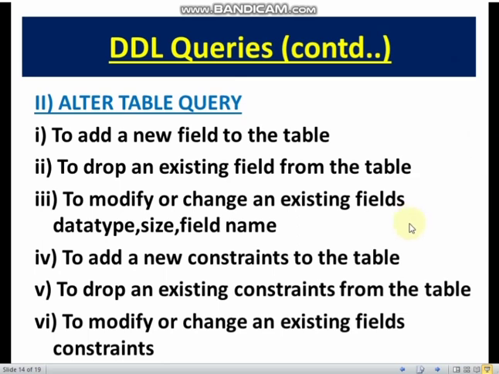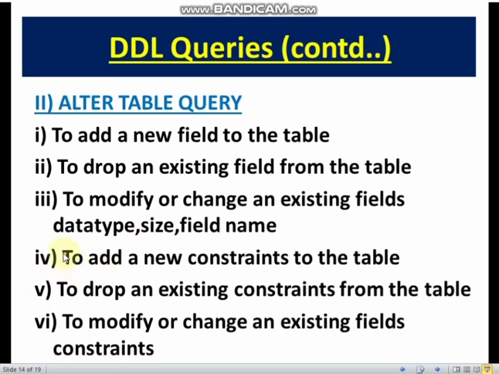Now suppose that table which you have created, if you want to change the size of a particular column. Suppose you have given S name for the table student as char 20. Now I don't want that. I want to make it varchar 30. Let us take varchar 30. So how you will do that? You will have to modify that existing field. You have to change the data type, you have to change the size, and you can change the constraints also using modify. So with the alter command you can add a new field, drop an existing field, and you can modify, or you can also change the name of a field.